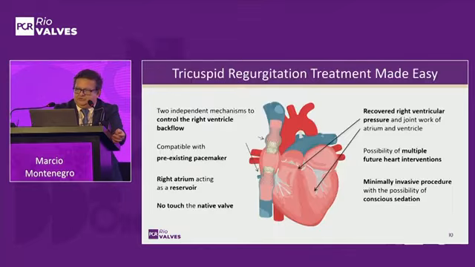The tricuspid regurgitation treatment made easy. It's an easier treatment in comparison with other kinds of solutions, even TTVR or orthotopic prosthesis. And you can see two independent mechanisms to control the right ventricle backflow in the SVC and the IVC, compatible with a pre-existing pacemaker. Right atrium acting as a reservoir,